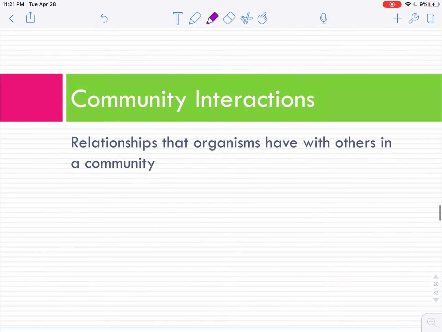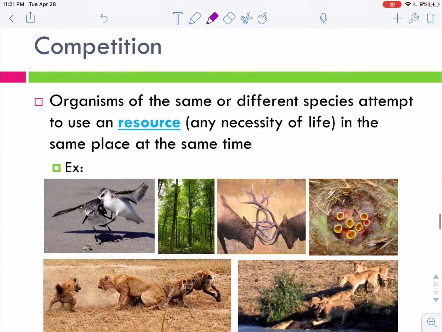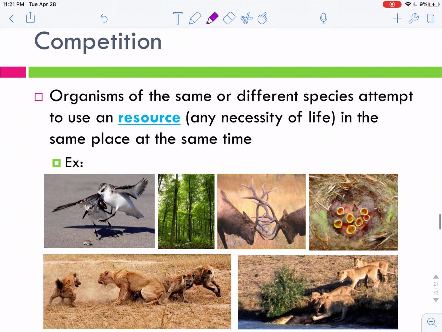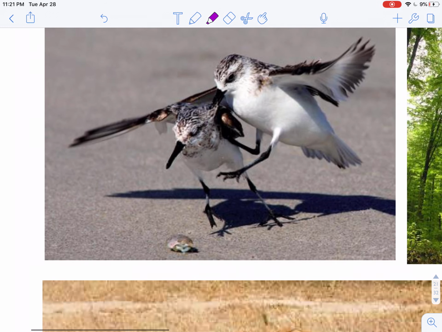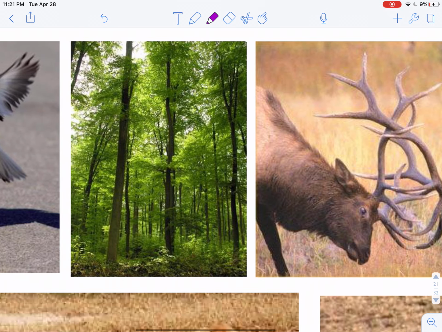Now for community interactions, these are how living things have a relationship with each other. Competition is one big way that organisms can interact. Okay, they can compete over the same resource. So in this series of pictures here, we've got birds competing over food. We have trees competing with each other, trying to grow the tallest for sunlight. We have two